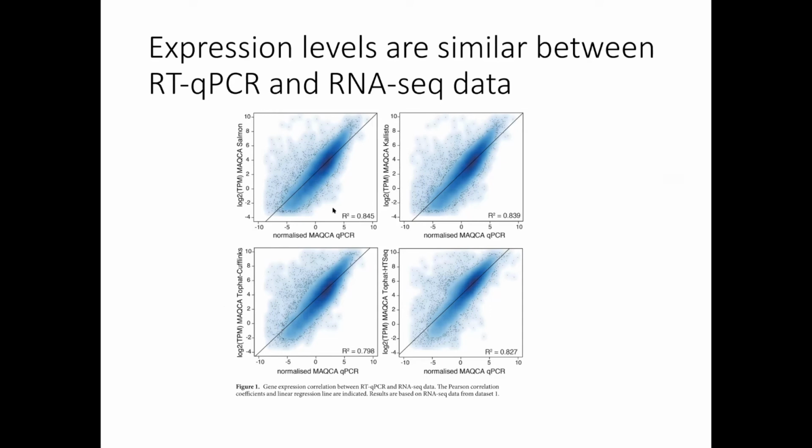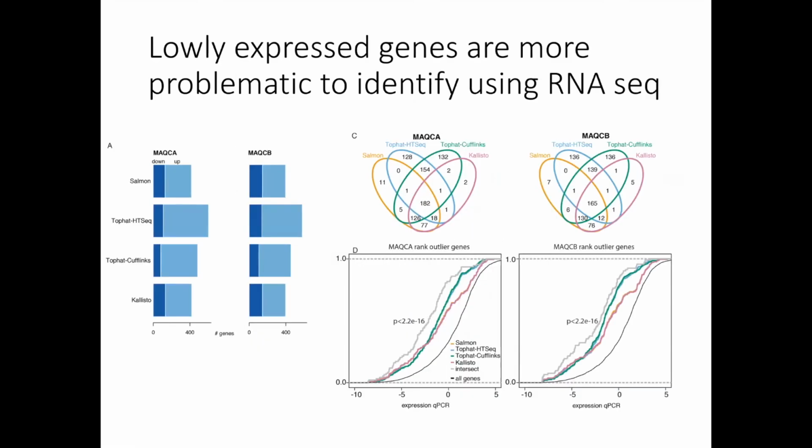And the correlation between using qPCR and RNA-seq with all these different tools for getting gene counts is on the level of 0.85. Some are smaller, some are bigger, but in that order. And the ones that you don't get the same values on are the lowly expressed genes. That information you can see in the bottom right corner here, where you have,